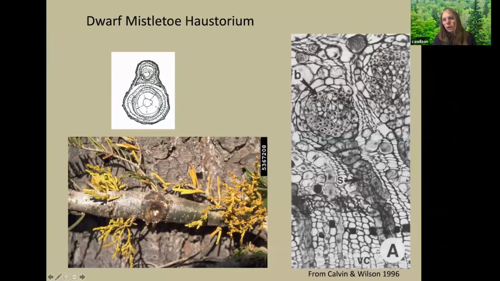And here is a section through the haustoria. What you can see is this area right here corresponds to this area. This is the bark strand. It grows along under the host, and I think we can kind of see that right here. Do you see this area that looks like it has something kind of a ridge? That's probably one of the bark strands growing under it, and that would be this part growing under the bark